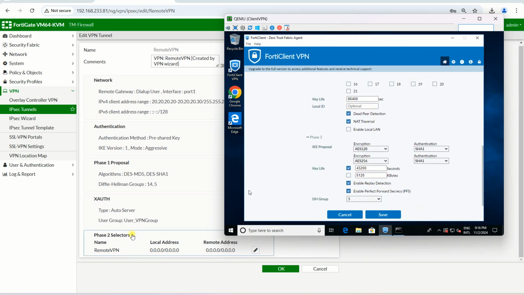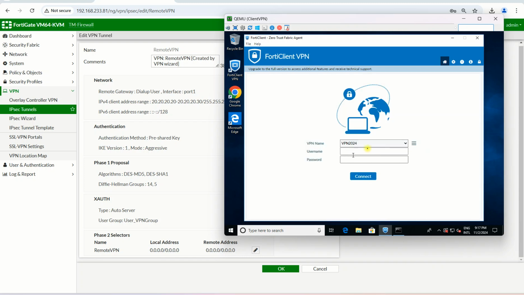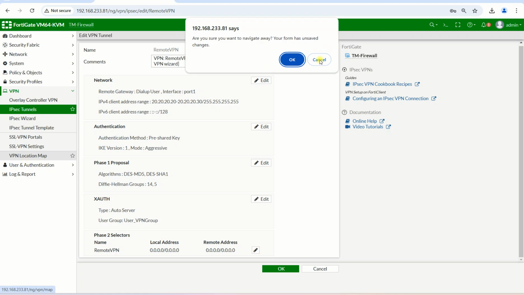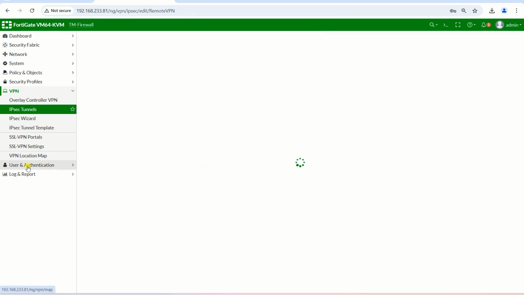Okay, for phase 2, if you don't have, you can let it blank. This one I don't configure, but if you want to be clear, you can just click on it. This one is the same thing, but we can also let it be filled as well. For this one, it doesn't have any problem. Okay, then just click save. Okay, and then this one is the user. The user is here that we just created. If you forgot,